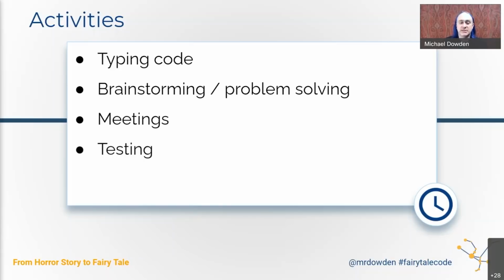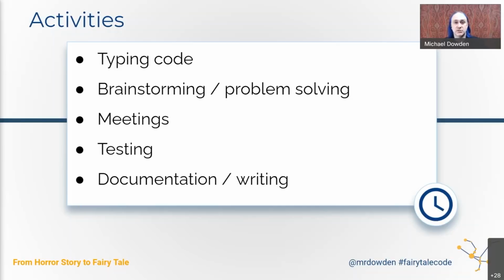One type of thing that we do is testing. We write unit tests, maybe we do manual testing, integration tests, whatever type of testing we're doing, we do a lot of it. And sometimes we spend more time writing code for tests than we spend writing the code that we're testing. Documentation, right? Not all the writing we do is code. Some of the writing we do is just documentation in plain English, whether it's technical documentation or user documentation. That's another thing we may do as part of our role as a software developer.